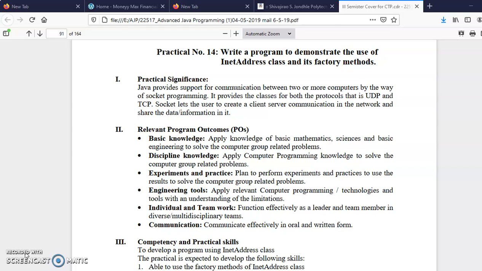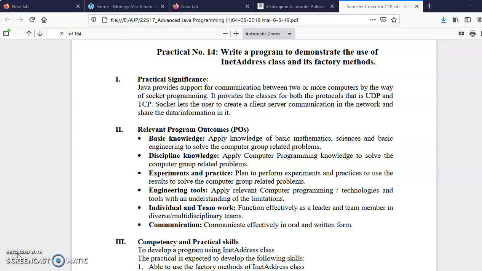Now, it can provide the IP address of your machine, meaning the host machine on which you are running the program, or it can help you find the IP addresses of different host servers, like if you wanted to find the IP address of Google or MSBT. In that case, you just need to provide the host name, which is nothing but the domain name, www.google.com or www.msbt.com, as an argument to this class, and this class will retrieve the IP address associated with that host name.